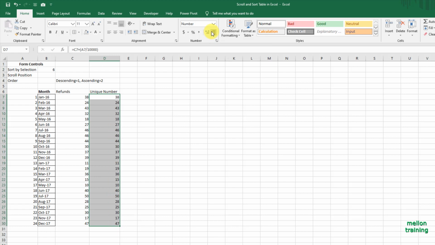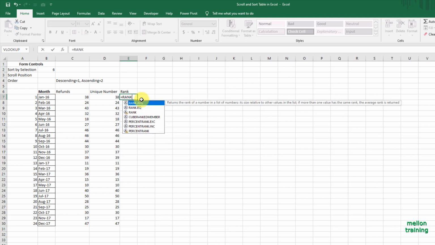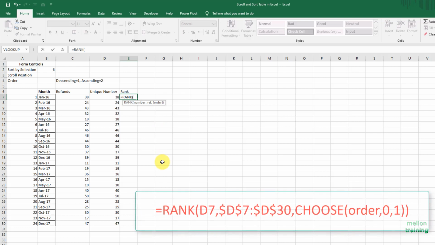The next step is to create a rank column. The rank formula will rank the specific value based on the entire column, and we are asking it to tell us what position this number is. As title, type rank. Highlight E7 and start typing: equal rank, parentheses, the number is D7, comma, the reference is from D7 to D30 with absolute reference,